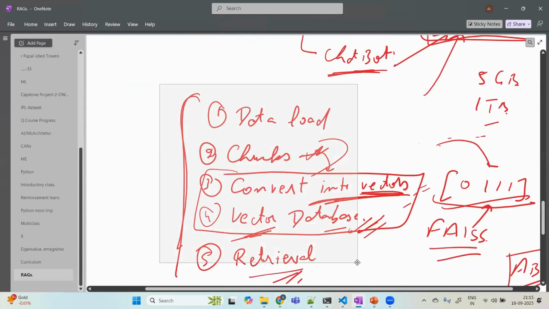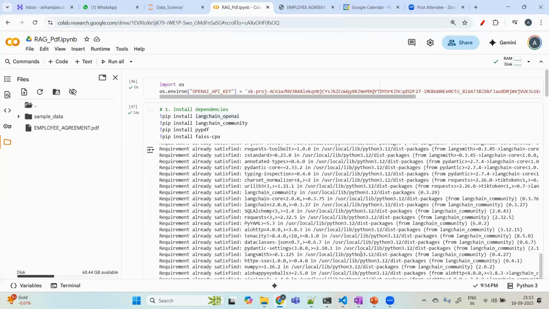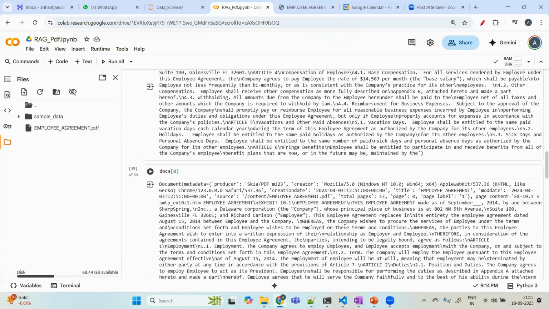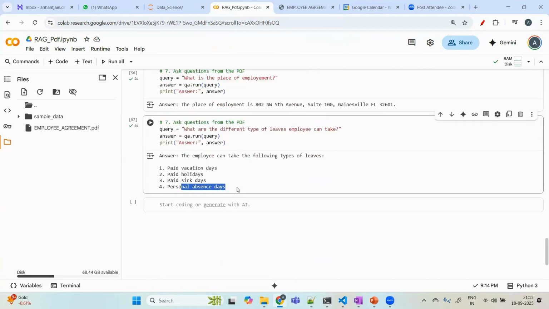Now, I'll quickly show you how to deploy it on Streamlit, right? Because you are not going to show this to the end user. If I am the customer, I'm not going to run this code, right? I want to see the